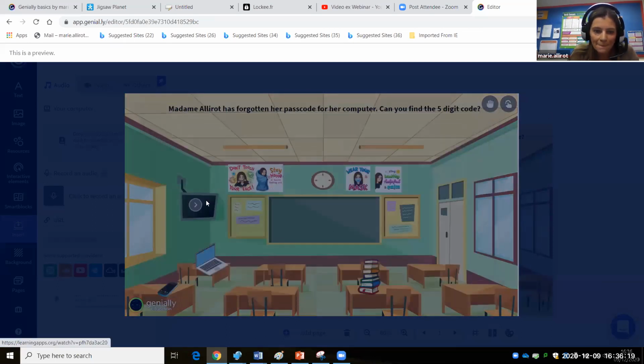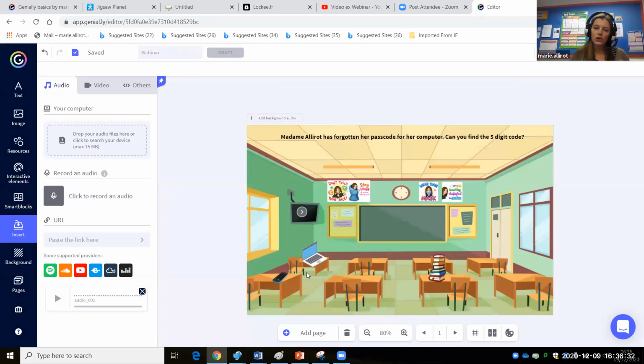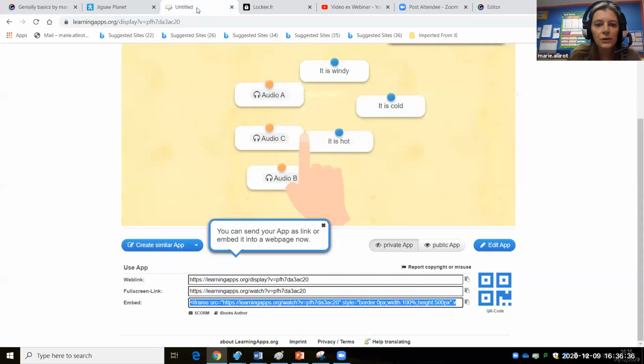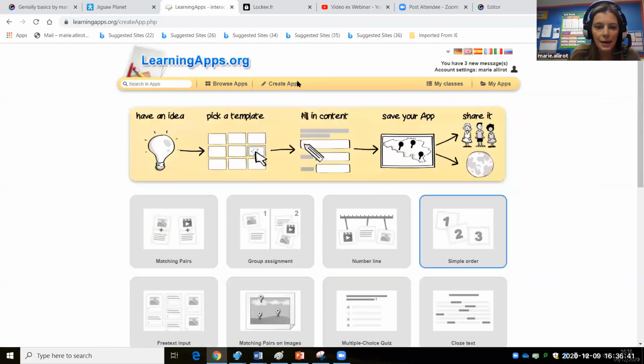There we go. So far we've got the video, we've got the audio, we've got moving pictures, and that's it for now. Okay, so the next one I want to show you is another learning app, which is really good. And there we go, create app.